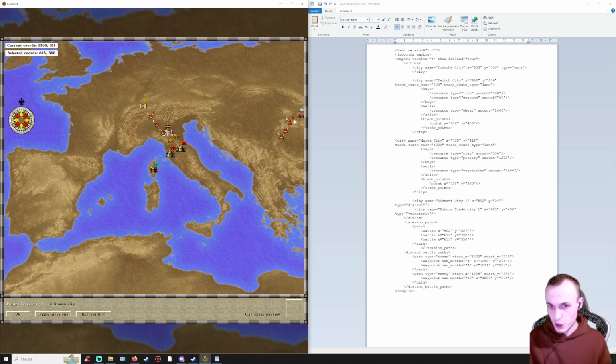So we want to make sure that it goes from somewhere. If we, for example, had another yellow city somewhere here, where Massilia is, and had them launch an invasion towards it, we would want to add the invasion paths, distant battle paths, towards these locations. So the first cursed swords would be placed at 534, and then the other one is 461. And then waypoint, you can have waypoints